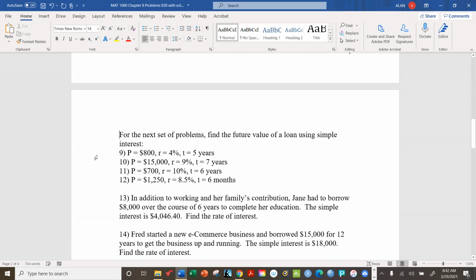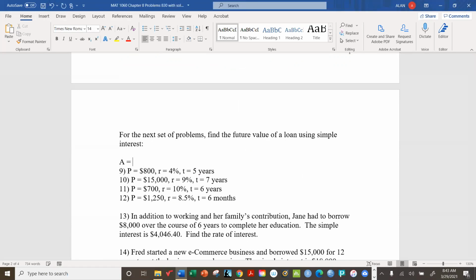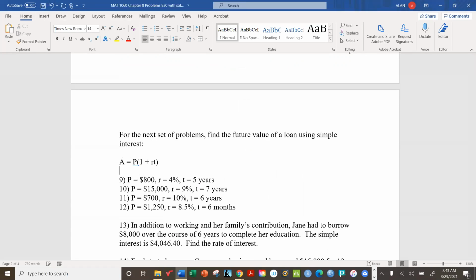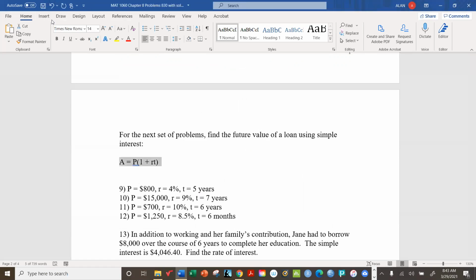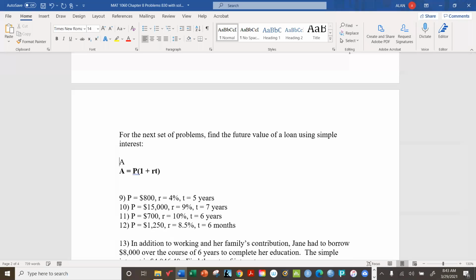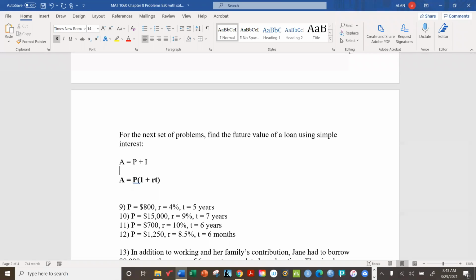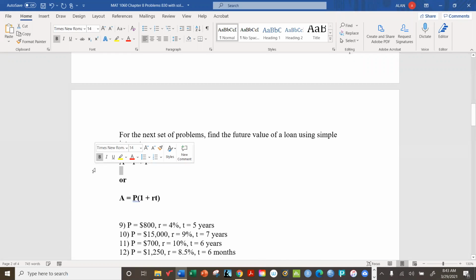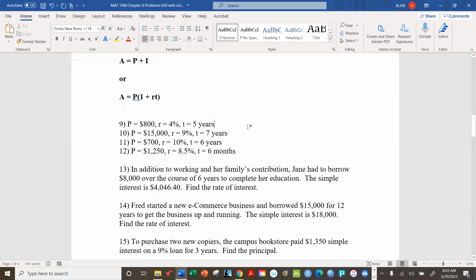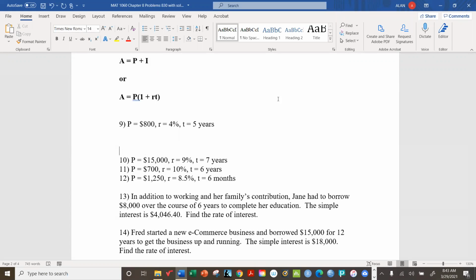So now we're looking for the future value of a loan using simple interest only. In other words, what we're using here is the formula A equals P times 1 plus RT. That's probably your quickest bet, although you can also still use A equals P plus I. But this is probably a little quicker. All right. So for the first one, A equals